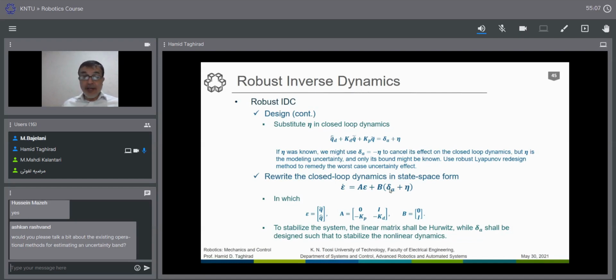And then we should define delta somehow to compensate for the eta, especially for the stability. This is very important, that the system becomes stable, and furthermore to have very good